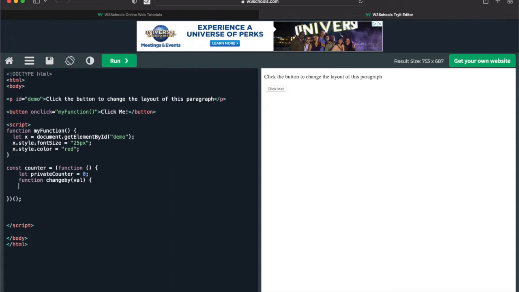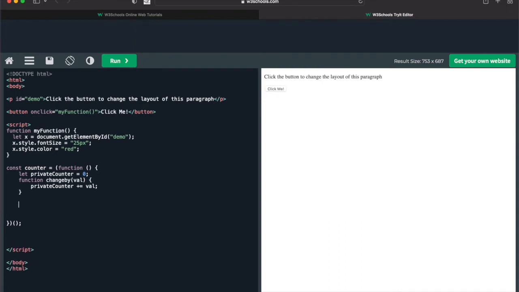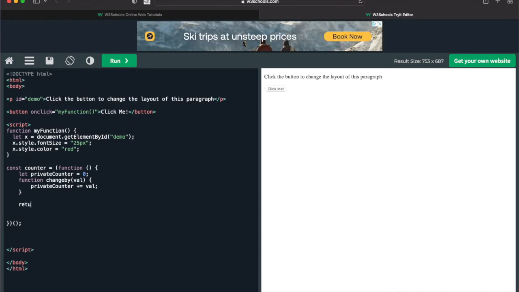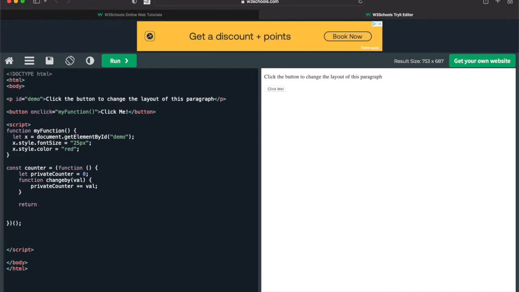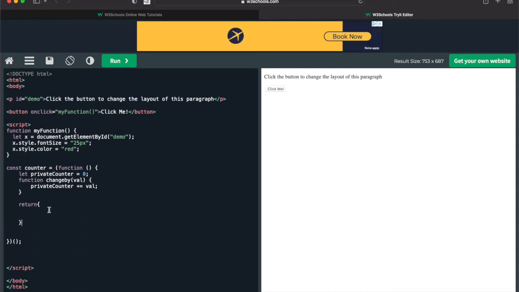And what I'm going to do in here is, I'm just going to take that variable and I'm going to add whatever value is passed. Okay, pretty straightforward. Now I'm going to return from this function an object. And what that object is going to have is